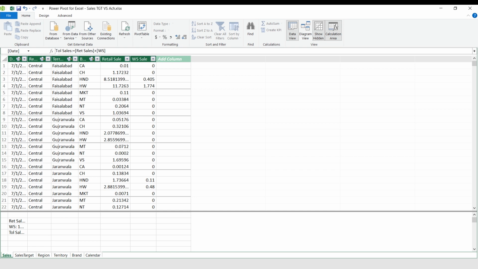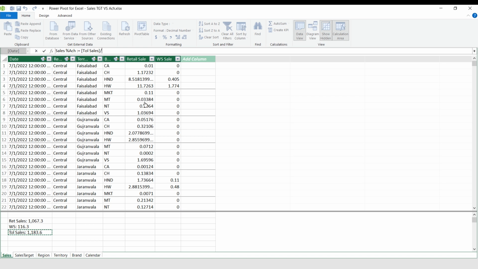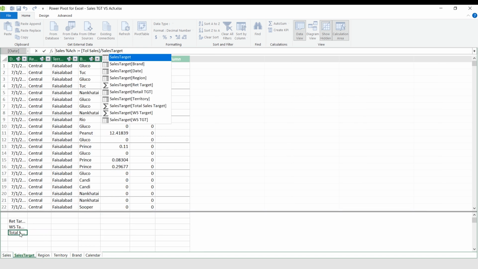Going back to the sales sheet, here I will be calculating my sales percentage achievement. So I will be dividing my total sales by, going to the sales target file, and here I will be selecting my total target.